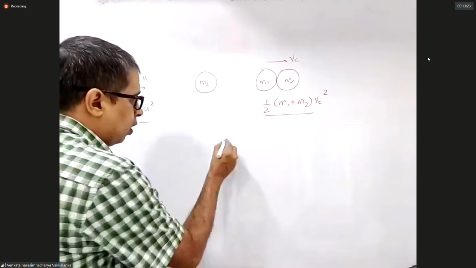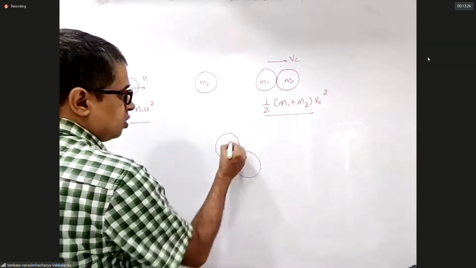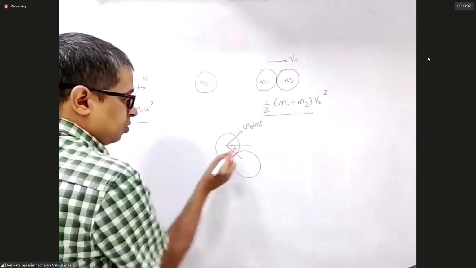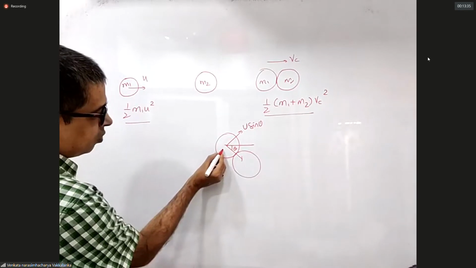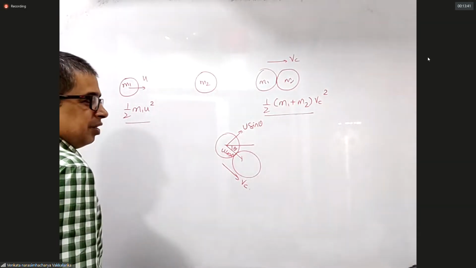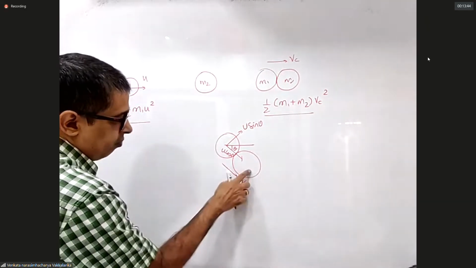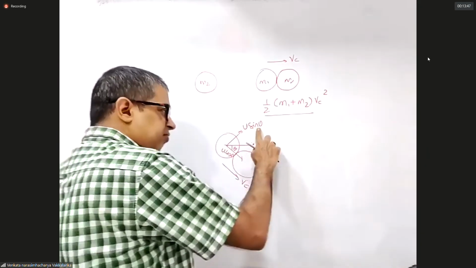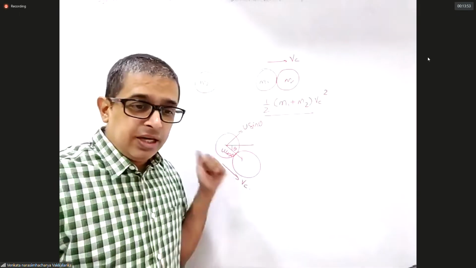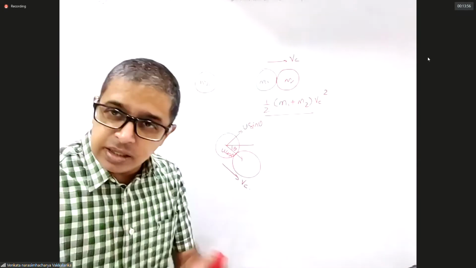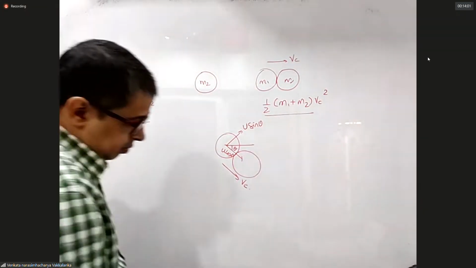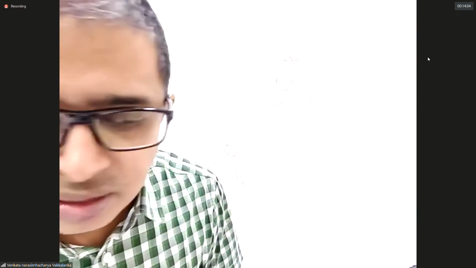If this is an oblique collision, what will you do? Now this will have u sin theta. This is theta. U sin theta will remain as it is. But u cos theta, initially u cos theta, will finally become v cos theta. So now what is the new kinetic energy? Half (m1 plus m2) v common whole square plus half m1 (u sin theta) whole square. U sin theta is not lost. Kinetic energy is half m u square. Where did the difference go? Elastic potential energy of both the bodies. Did you understand the point?